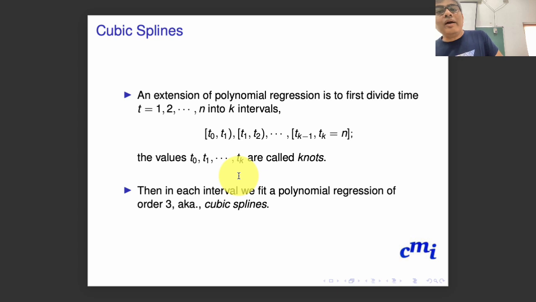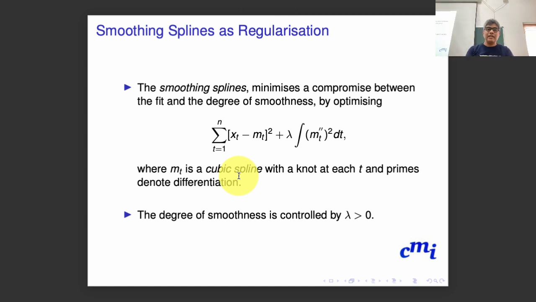Now instead, you can cut the entire data time range into k knots or k bins, and once you get these knots, in each of them you fit a cubic polynomial. Then a smoothing spline tries to minimize